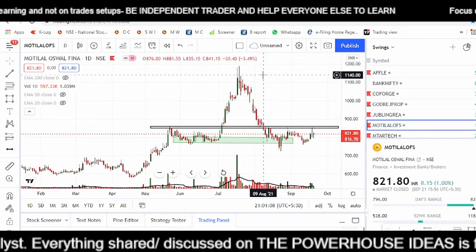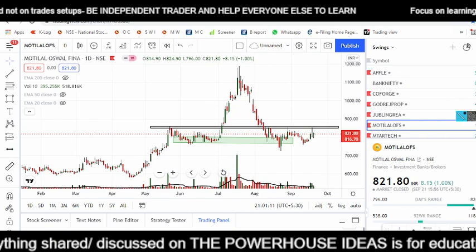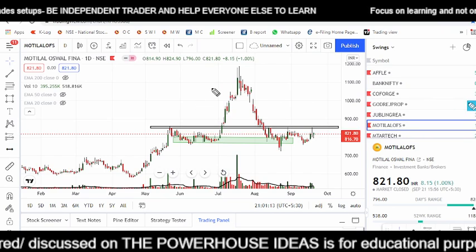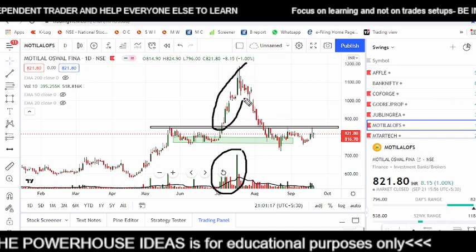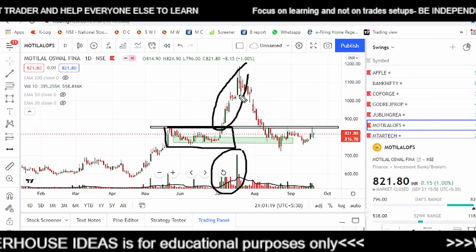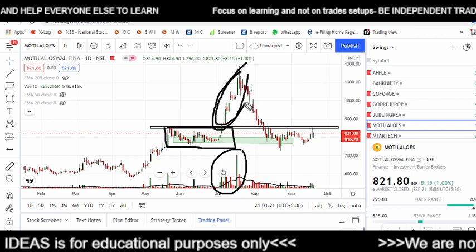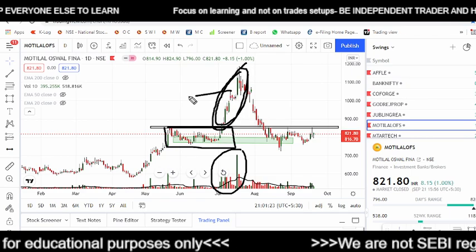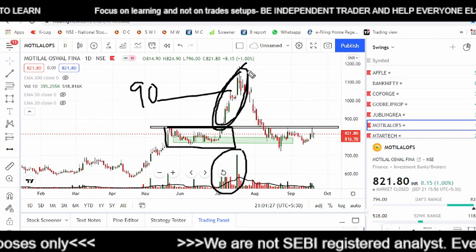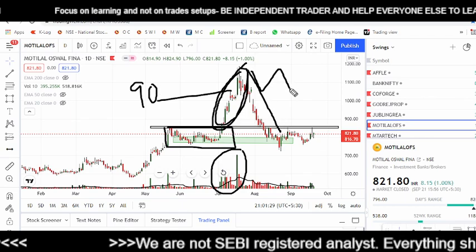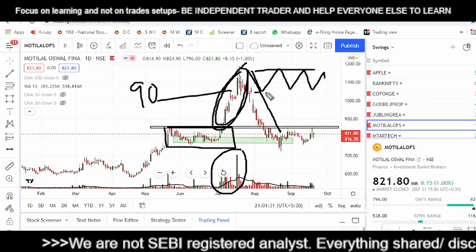The next is Motilal Oswal. This is a probable swing trade which might give you an opportunity. You can see that over here with this big volume, we saw this breakout of this consolidation. After that, this parabolic move, for the people who don't know, whenever we see this kind of parabolic move, that is a 90-degree move, the stock does a price correction,